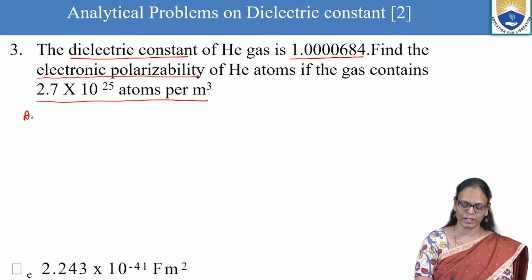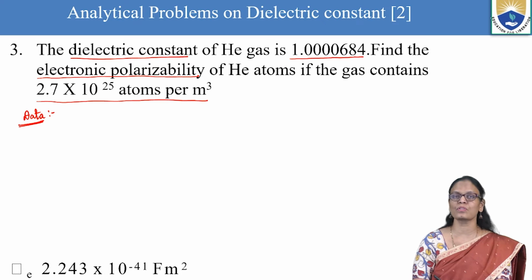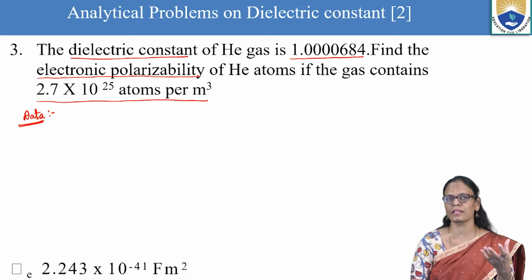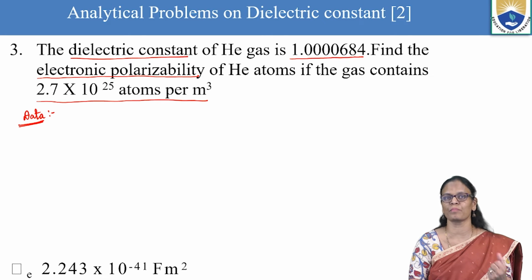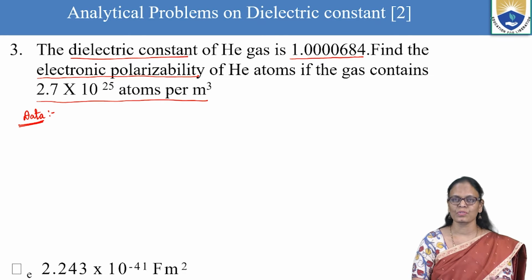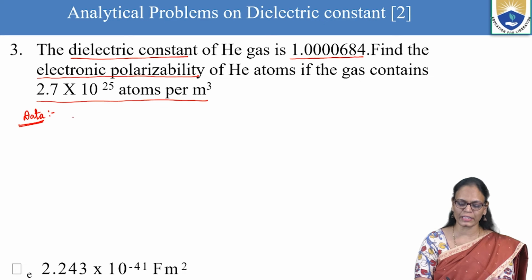So we'll write the data first. Writing the data gives you a clear understanding of what is given, what we have to find, and which formula we'll have to use. So it is always good to go step by step. First we'll write the dielectric constant, epsilon R is